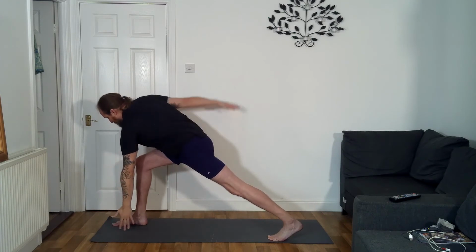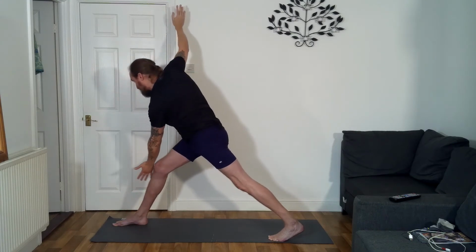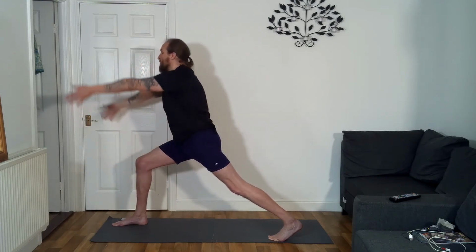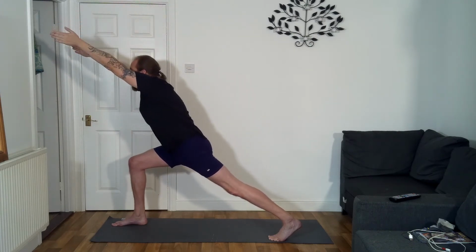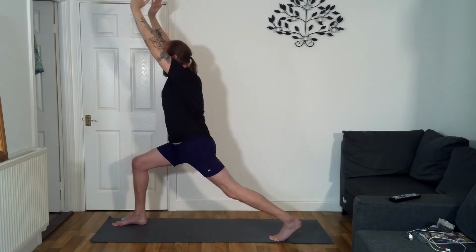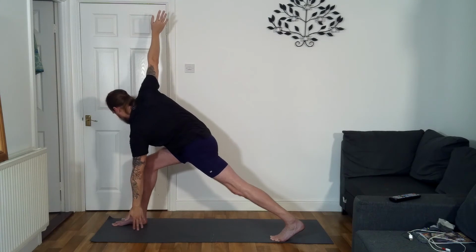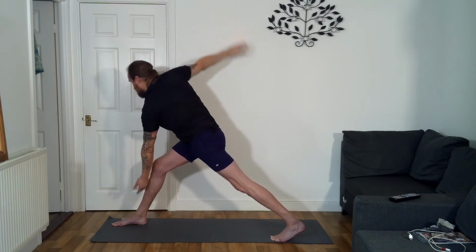We can circle that right arm round, so right fingertips are to ceiling, straightening that right leg, left hand outside of the right leg or onto the right leg, and then we come back up to lunge position, raising up, bringing your chest forward, reaching forwards, bending your back leg, taking the gaze forwards, straightening the back leg, so folding forwards, arms down, left fingertips stay pointing down, circle the right arm round, reaching right fingertips to ceiling, straightening your right leg, left hand across, and coming back up to lunge,